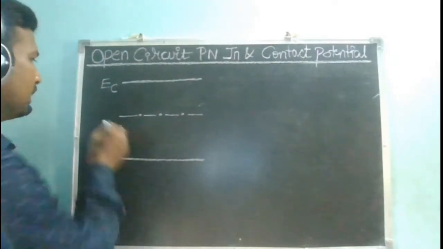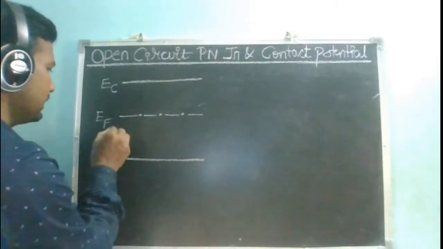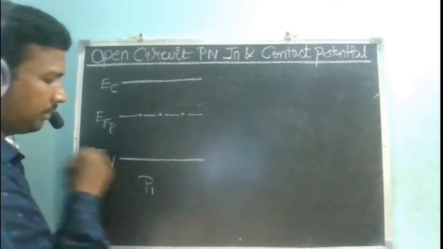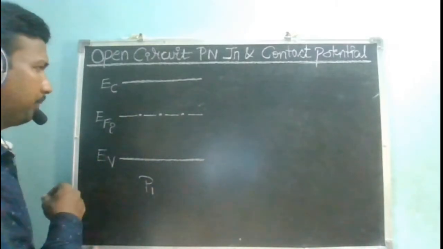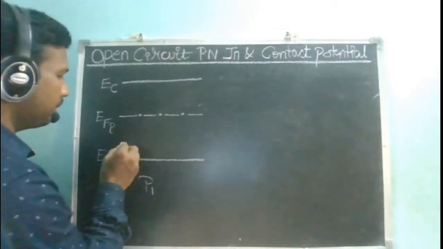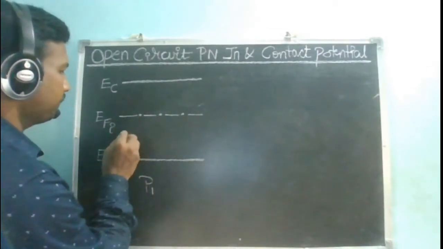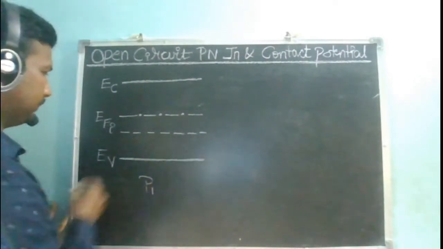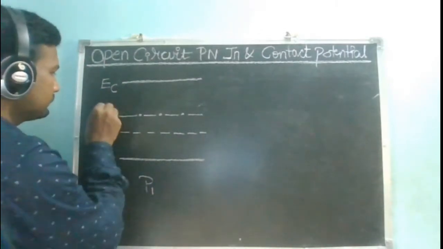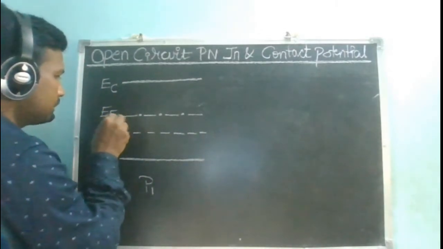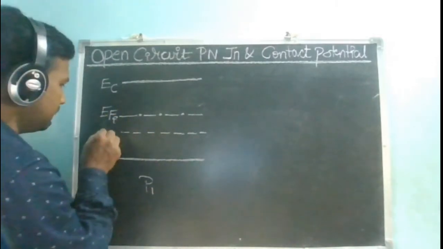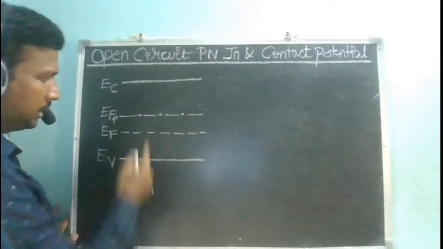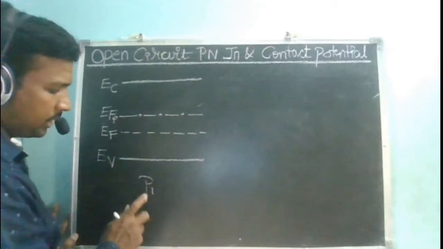Okay, fine. So this is the intrinsic Fermi energy level. Let us say that this is a p-type semiconductor, and let us denote it with P1. If it is a p-type, where is my Fermi energy level going to be located? It is located above EV, definitely above EV. So I am locating it somewhere here. Let this be my EF. So this is a p-type semiconductor, and let us denote it with P1.